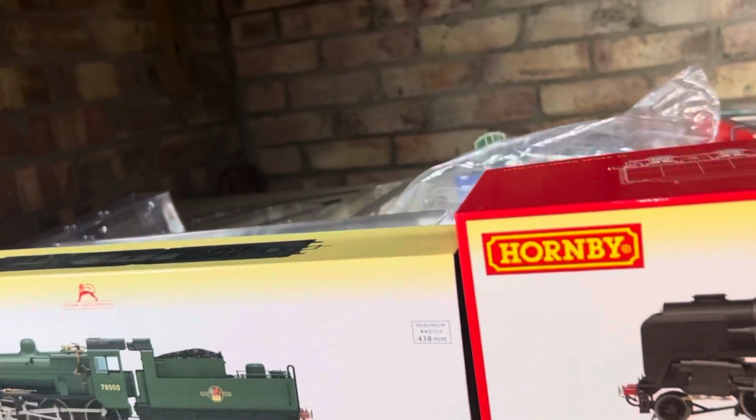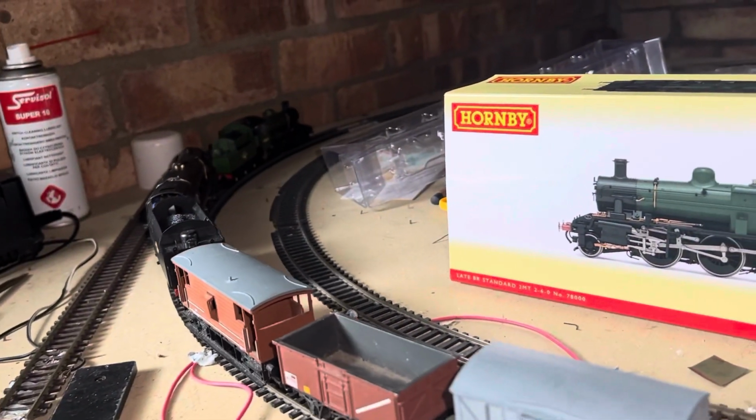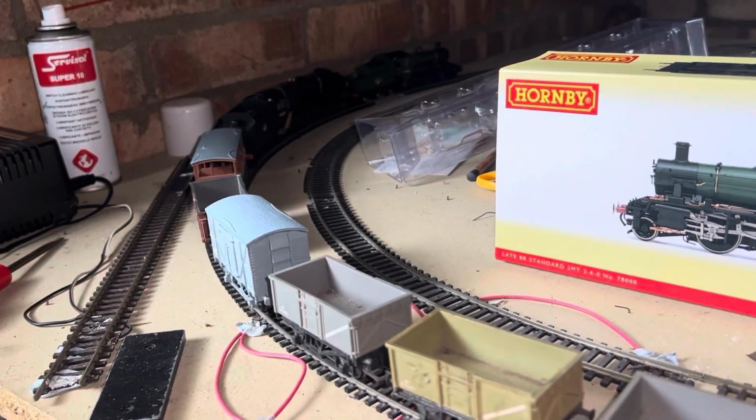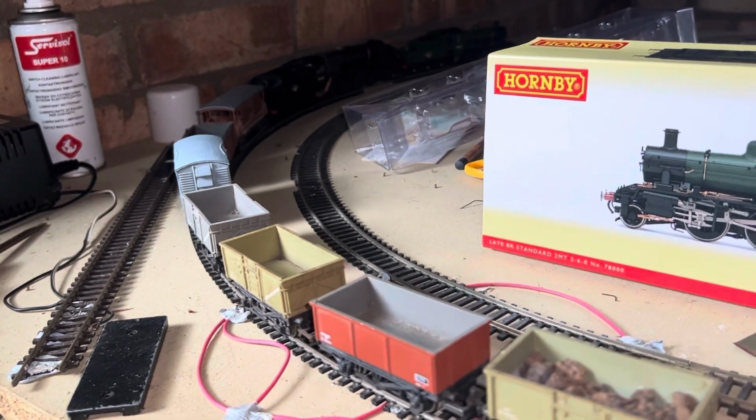I've got some cassettes over there. I can't get them in focus. Some old cassettes of steam engines. I'm hoping to give these locos some steam sounds once I get a